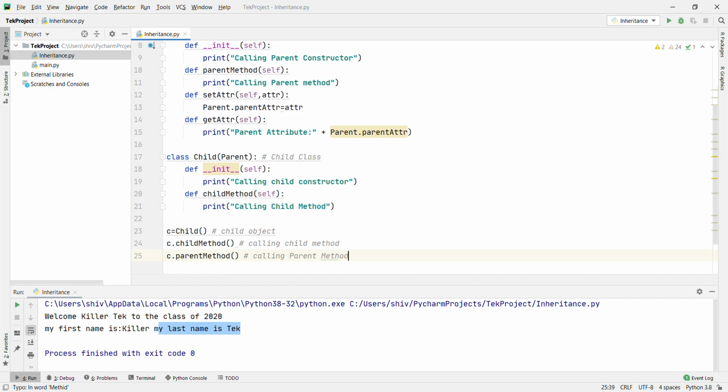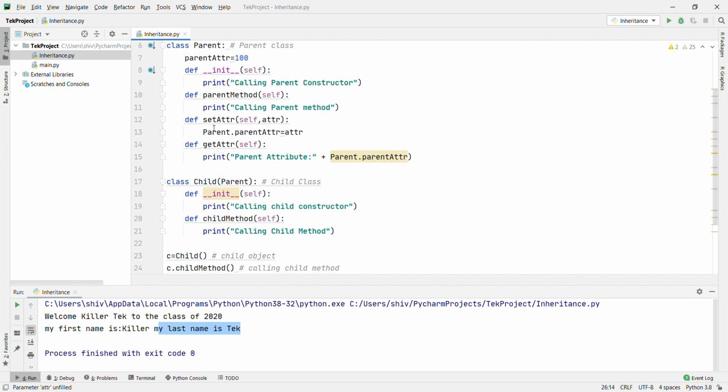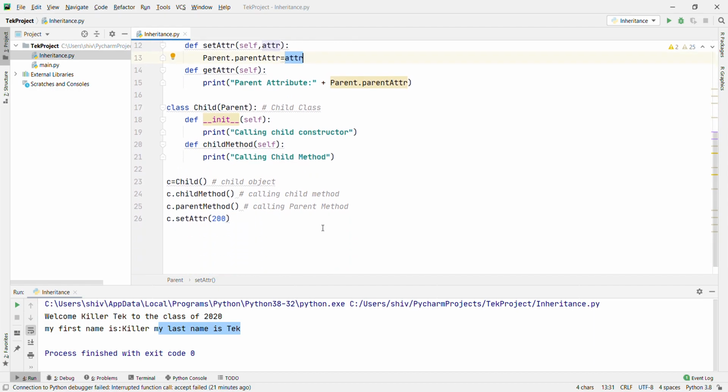Now I am going to set the attribute, set the attribute 200. What will happen? Again it calls the parent method and will set the attribute, instead of 100 it will set 200. Now I am going to get the attribute, to get the attribute, c dot get attribute.